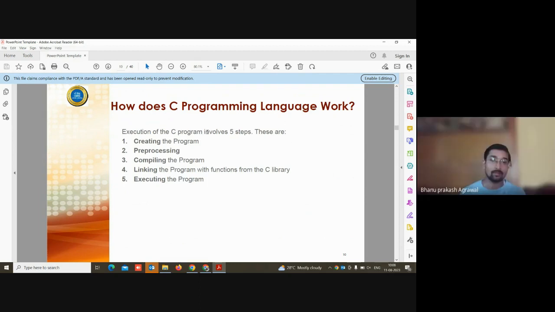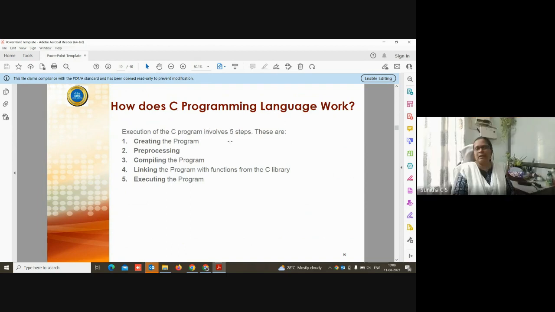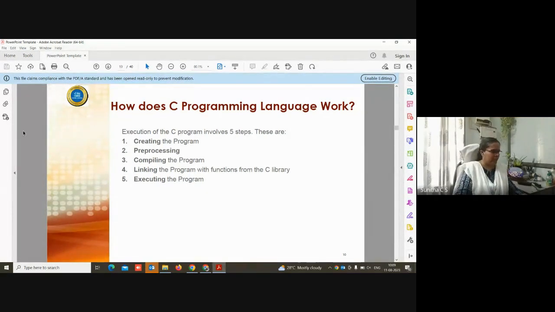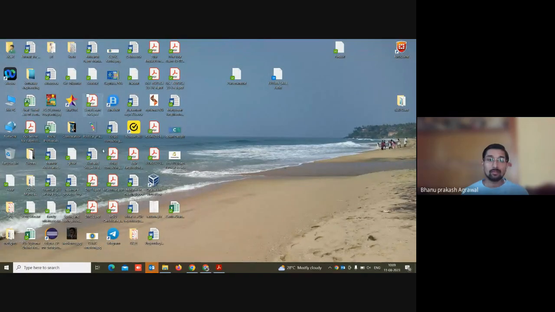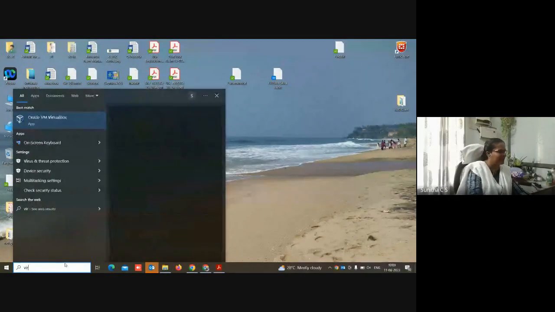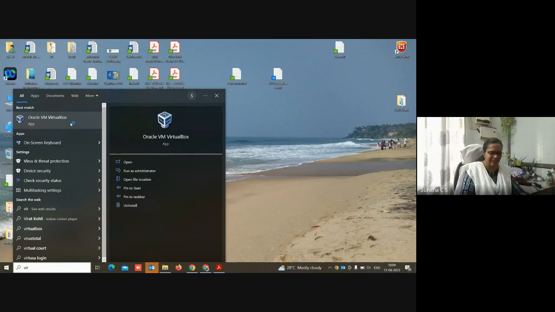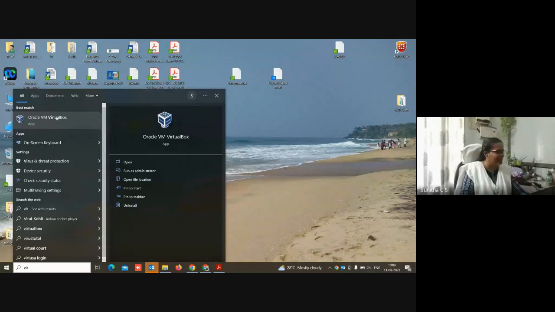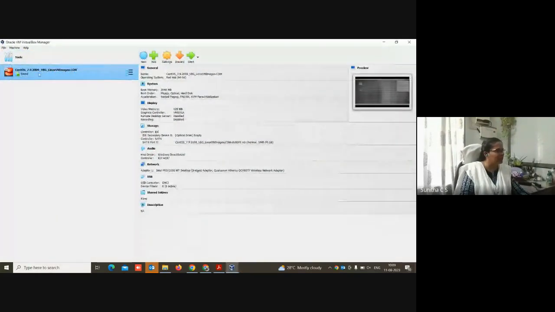Ma'am, how can we do the C compilation, all these things in Linux? Please tell in short. In Linux, mostly you may be having GCC. So are you working on Linux, Banu? No, not working on that, but just need to know. Okay, fine. Let me see if my virtual box is running or not. No, it's okay, ma'am. No, I'll show you. Just a minute. For a long time I'm not using the virtual box, but let me see whether it's working. If it's working, I'll show you.